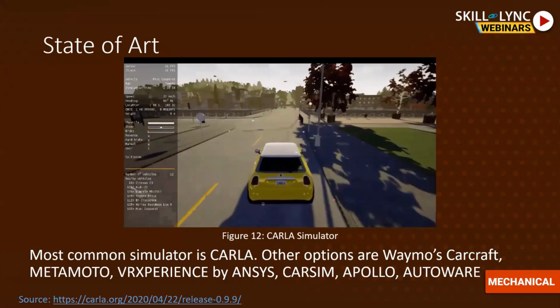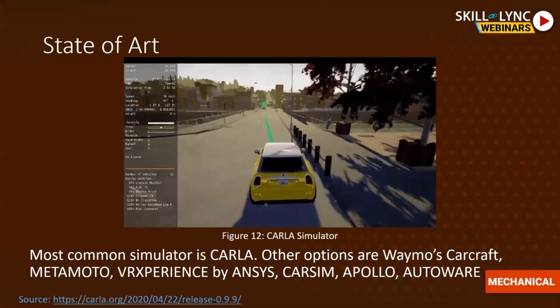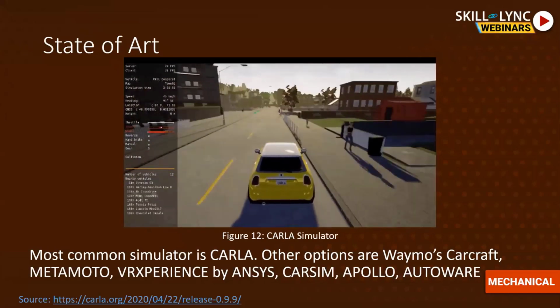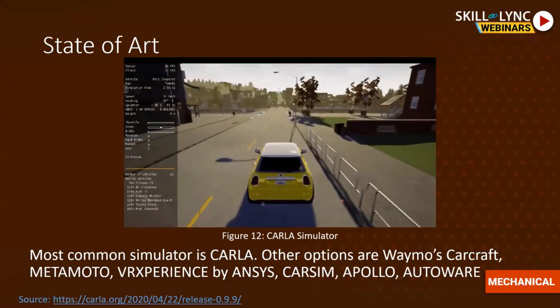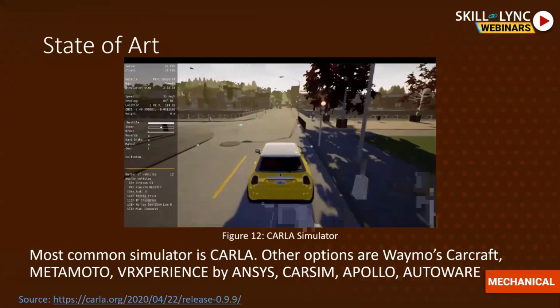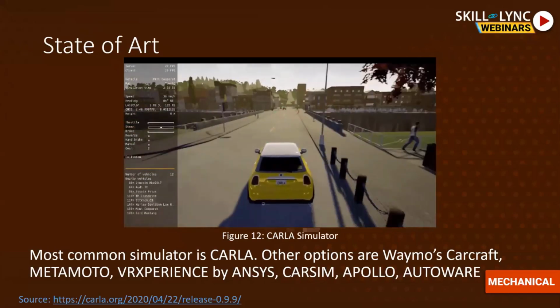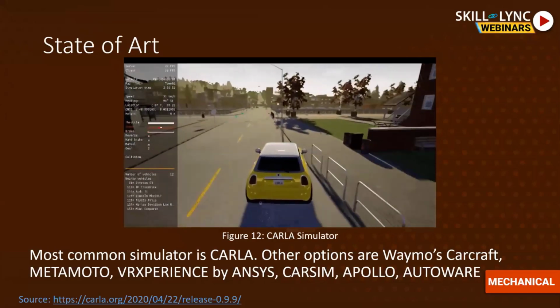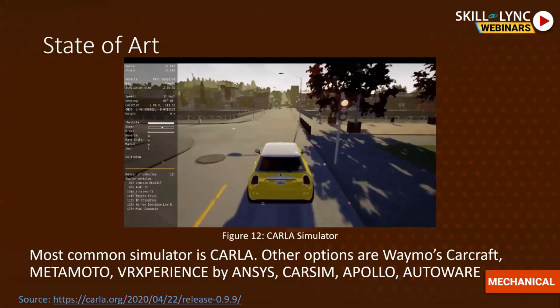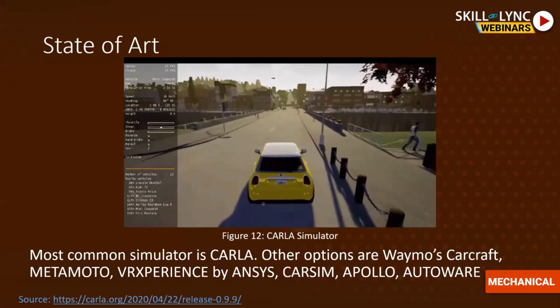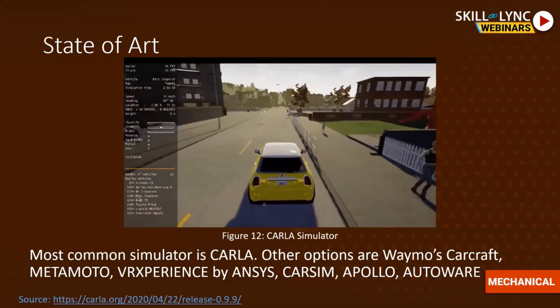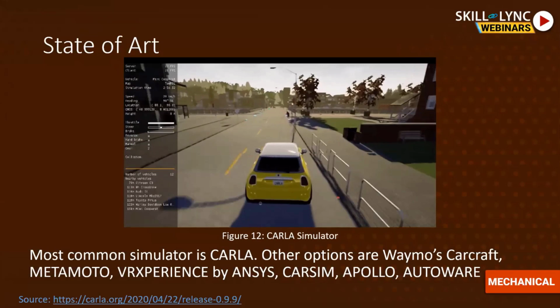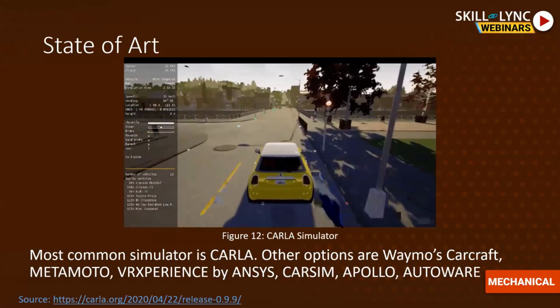And a lot of companies use this as their base and develop some sort of vehicle simulator out of it, but it is going to be some version because they want their software to be proprietary. The other common mentions which I also worked with are CarSim and Apollo, and even Autoware to some extent. But there are options like Waymo's CarCraft, which is proprietary software of Waymo, and it is highly sophisticated.